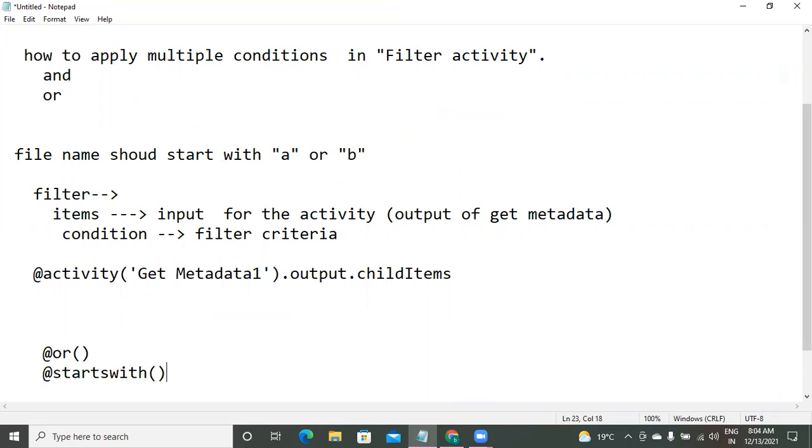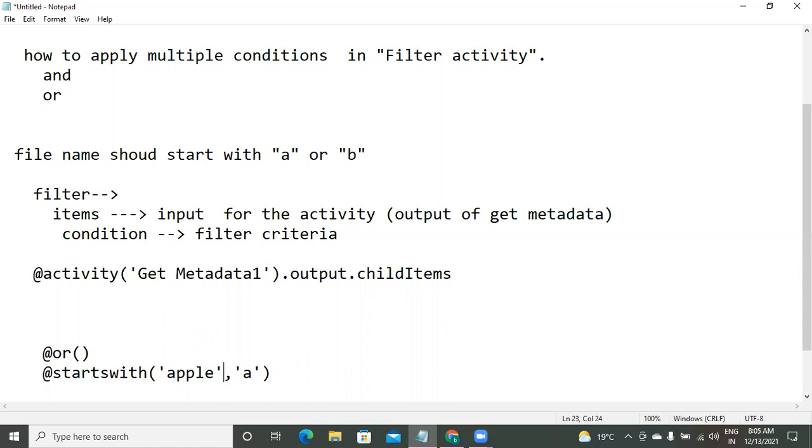First, tell me the condition. Suppose how startsWith is working. For example, I have apple here. The string is apple. Whether this word is starting with letter B or not. To check it, first the actual word, next the comparison word. Now it returns false because the word is not starting with B. Suppose the statement is like this, the word is starting with A, it returns true.